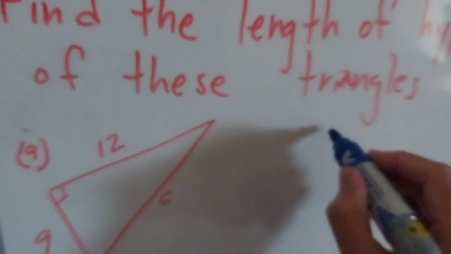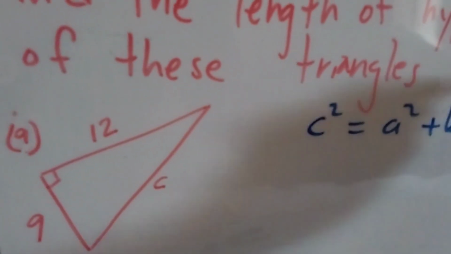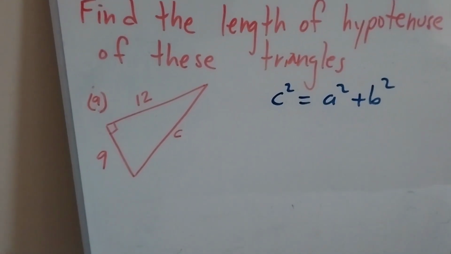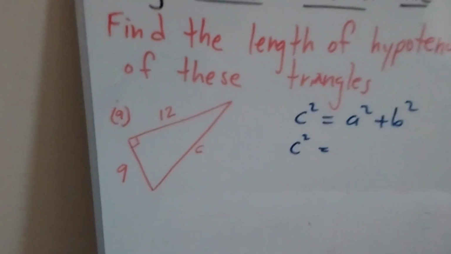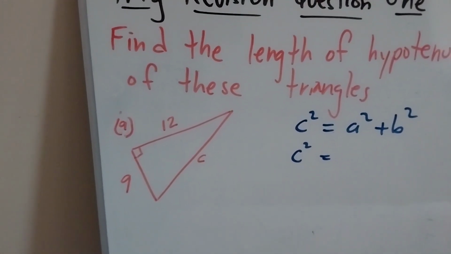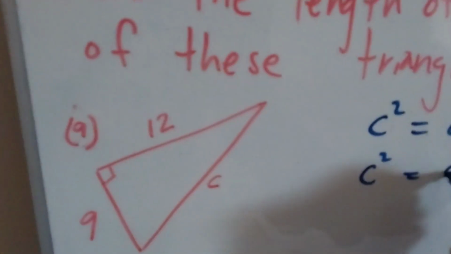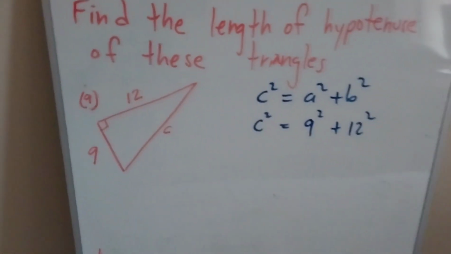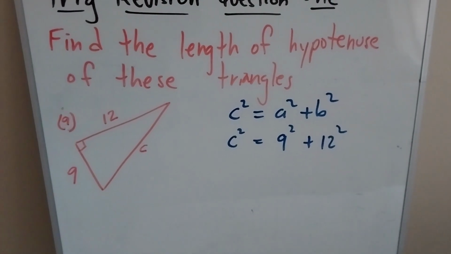We start with the formula C squared equals A squared plus B squared. So C is the hypotenuse. That remains as C squared. A and B are either of the two sides. So let's say the smaller one is A, the bigger one is B. So 9 and 12. So that would be 9 squared plus 12 squared. So that's our equation. So once you get the formula in the first step, you fill in the information in